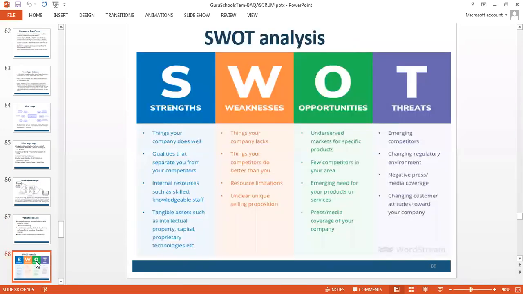This is one of the most spoken-about tools. It is used by HR persons day in, day out. They use this tool for appreciation, for the overall evaluation of the personality, and this is how we decide based on strength, weakness, opportunity, and threats. And there are a couple of points attached with this.